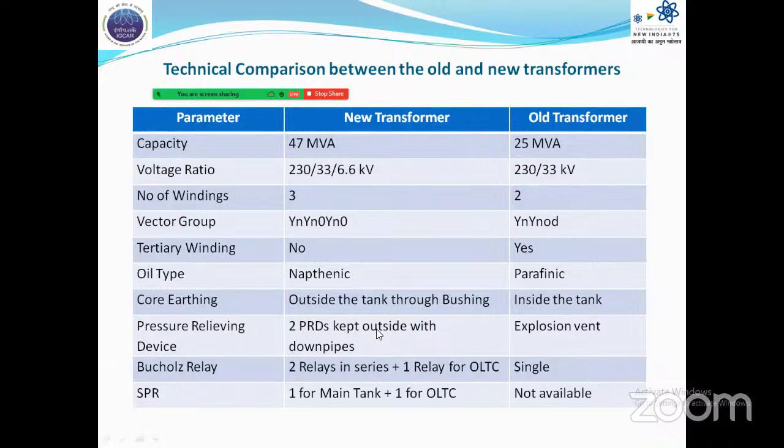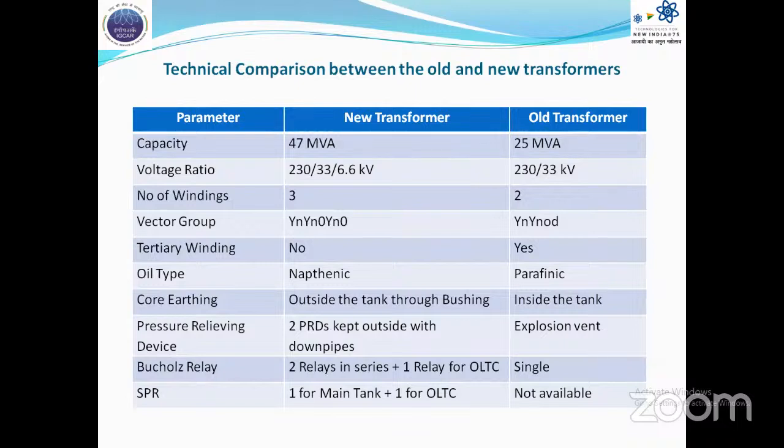That pressure relieving device in the old transformer was the explosion vent, which is provided over the top of the tank. It has a diaphragm which will puncture and release the pressure in case of any abnormal pressure occurring inside the transformer, which is now changed with two PRDs. PRD is pressure